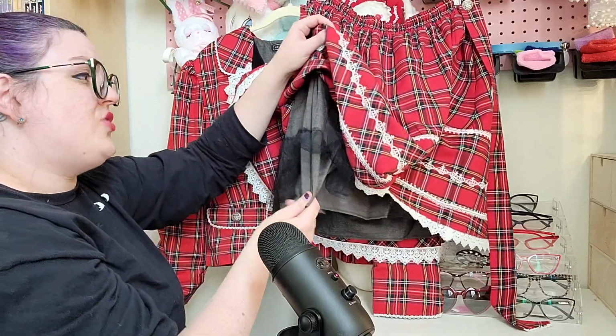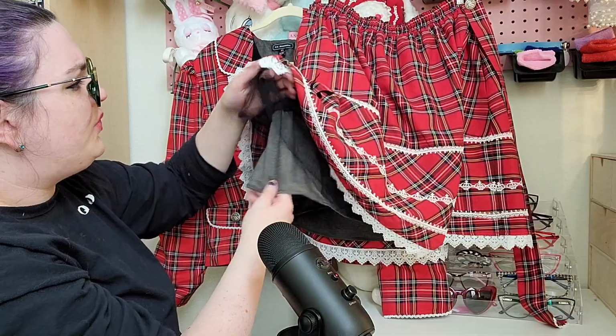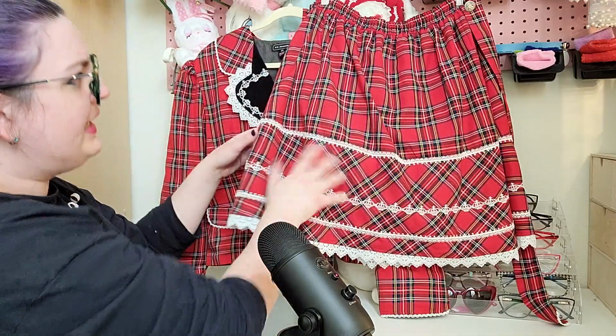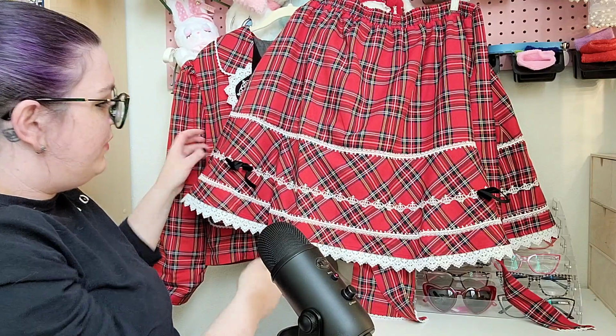And this lining is so high quality. It's soft, but it's heavy. It's got a really good weight to it. And this little crinoline layer on top gives just the littlest amount of poof while it's just hanging there. It's exactly the same on the back as it is on the front, which is nice